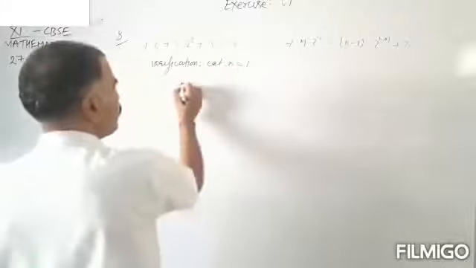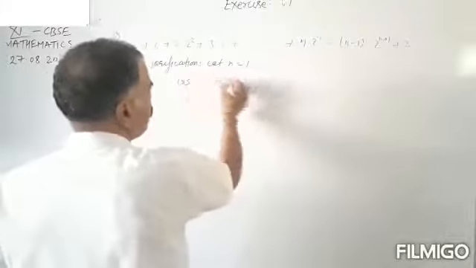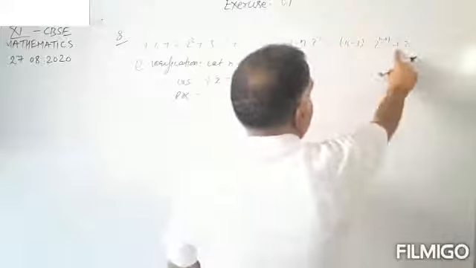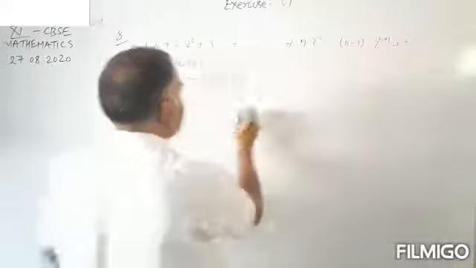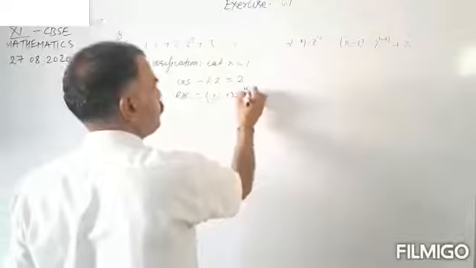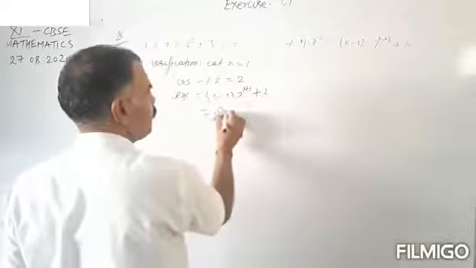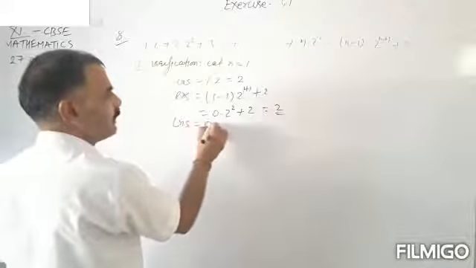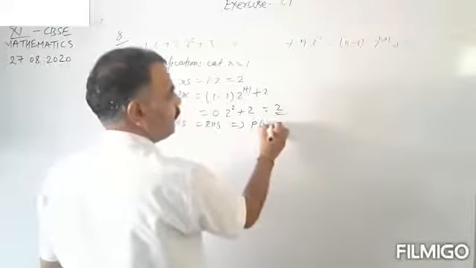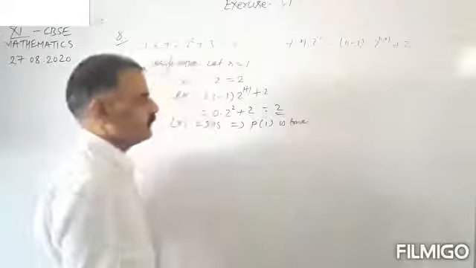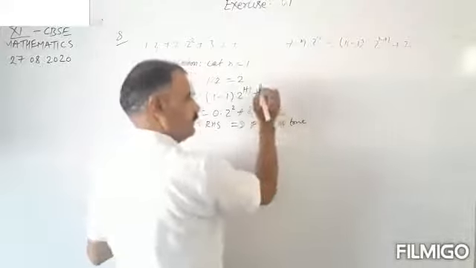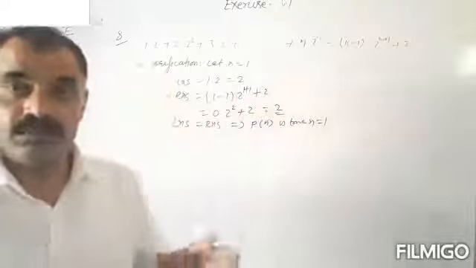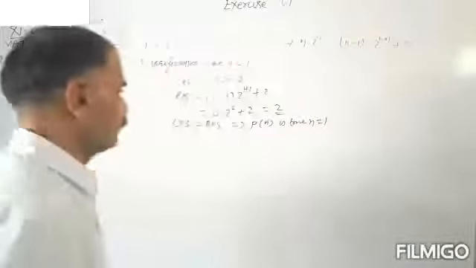N equals to 1. So left hand side is equals to 1 multiply 2, that is 2, and right hand side, put n equals to 1 in this step. So 1 minus 1 2 to the power 1 plus 1 plus 2 is equals to 0 multiply 2 to the power 2 plus 2 is equals to 2. So left hand side is equals to right hand side. Implies that P1 is true, or Pn is true for n equals to 1.